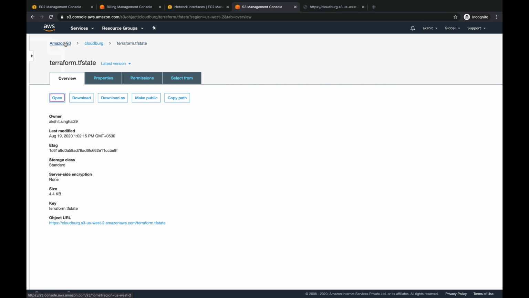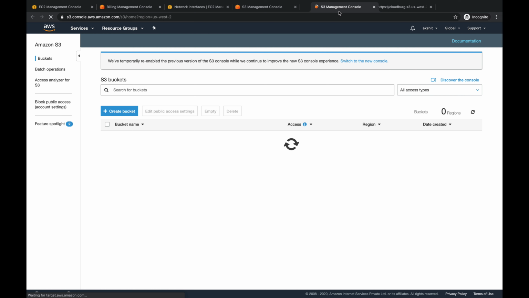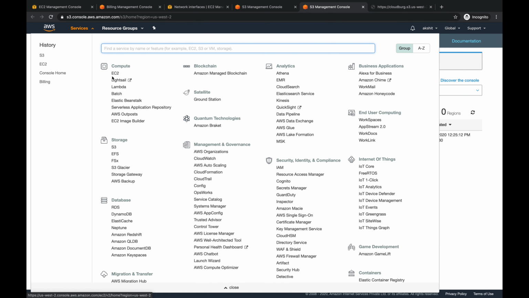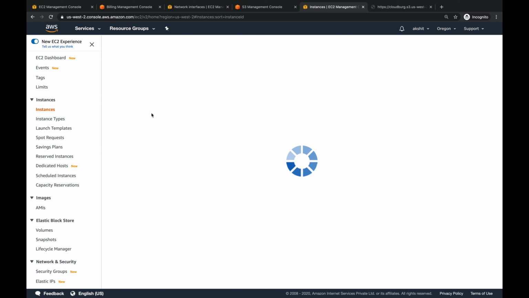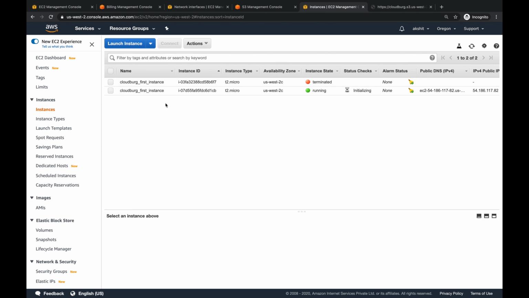Let's see on the console. Okay, so let me open another window for the EC2 instance. The service name is EC2 and the region is US West 2, which is Oregon, and we can just check the instance. Yeah, we can see the CloudBug first instance is right now running and it is initializing.